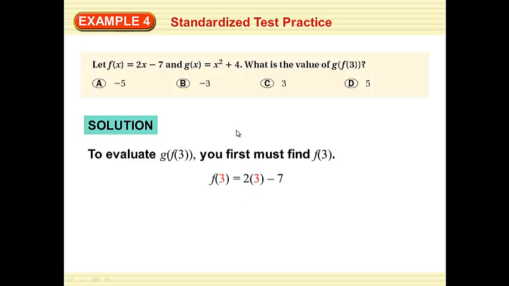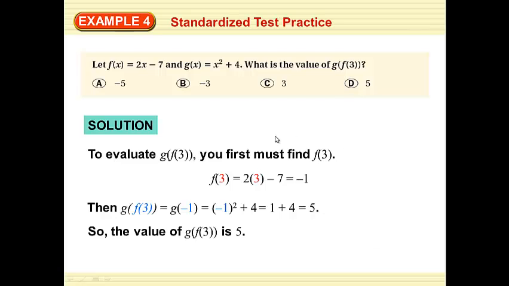Okay, so when I plug 3 into the f equation, 2 times 3 is 6, minus 7 is negative 1. Then I plug that into the outer equation, the g equation. Negative 1 squared plus 4 is 1 plus 4 is 5. So that would be my result on that